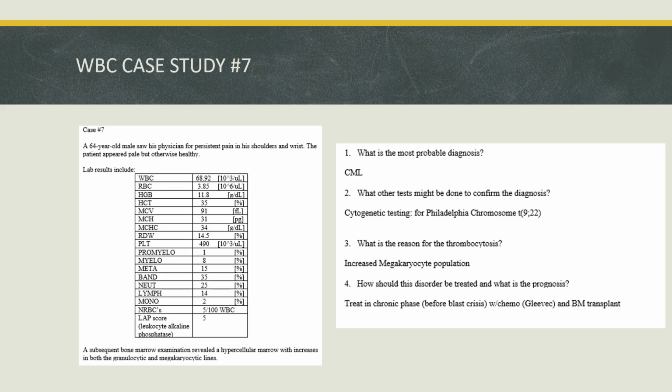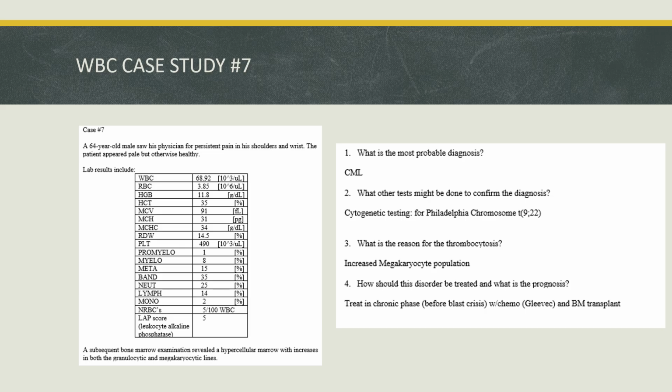So the most probable diagnosis based on all of the information that we have would be CML, chronic myelogenous leukemia. Now remember, CML falls under a couple of different categories. It falls under our chronic leukemia category, but it also falls under our myeloproliferative disorders. So